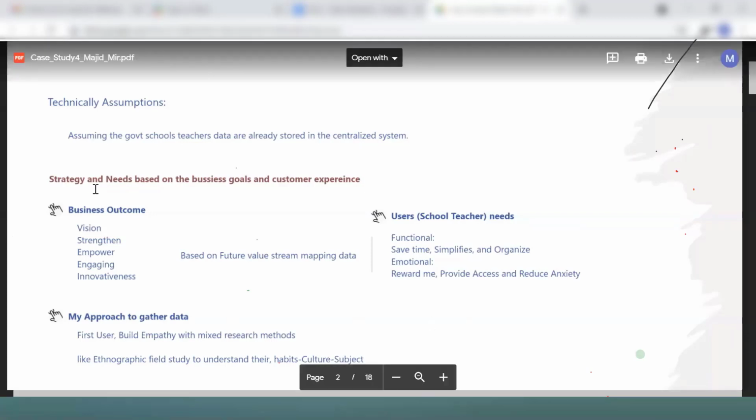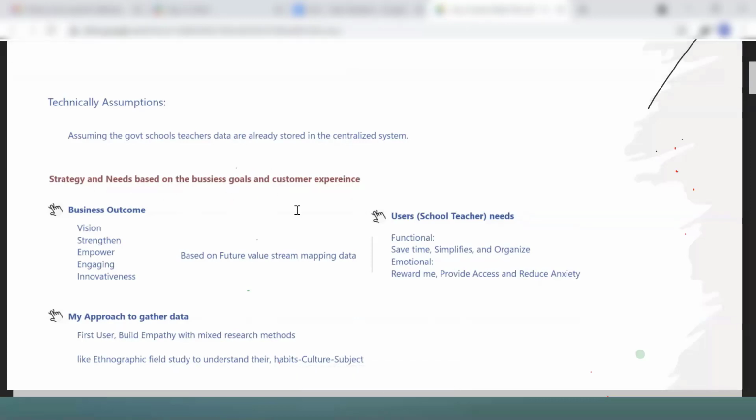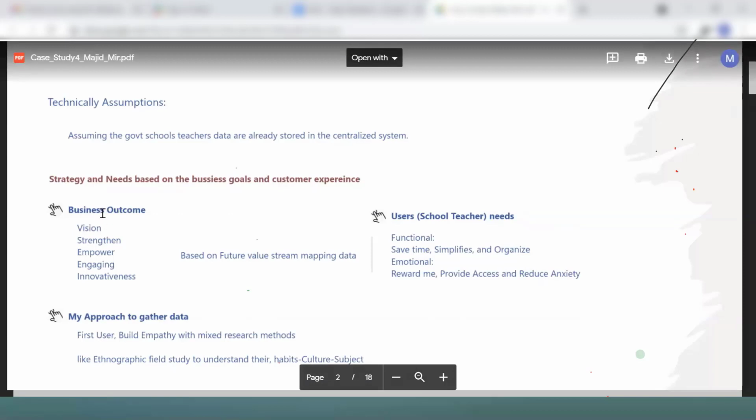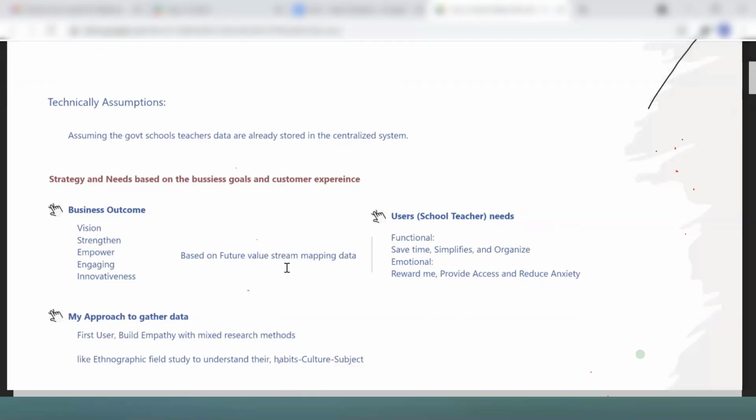Now we need to strategize based on the business goals and the customer experience. These are the business outcomes from the problem statement, what they want: the vision, strengthen, empower, engaging, and innovativeness. When you get this business data, your target is the users.